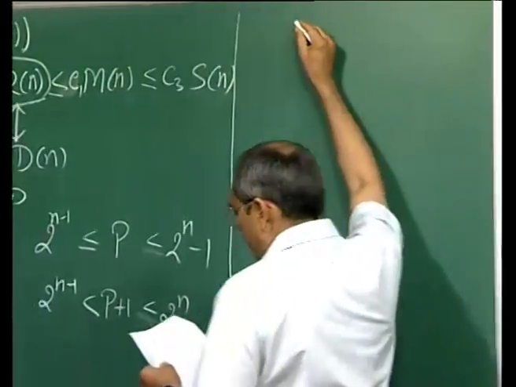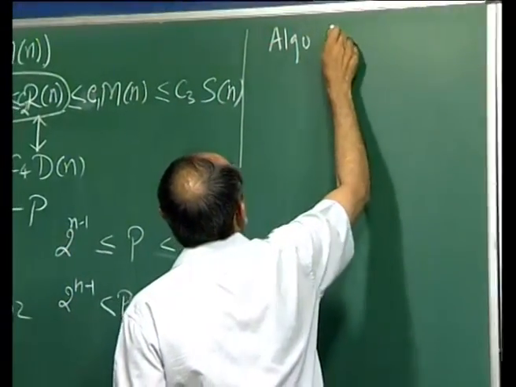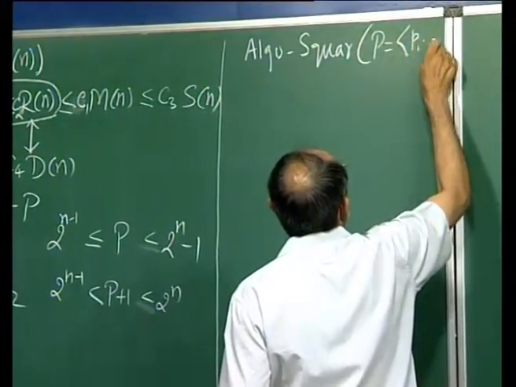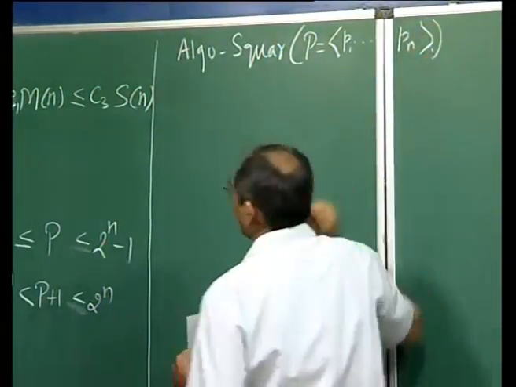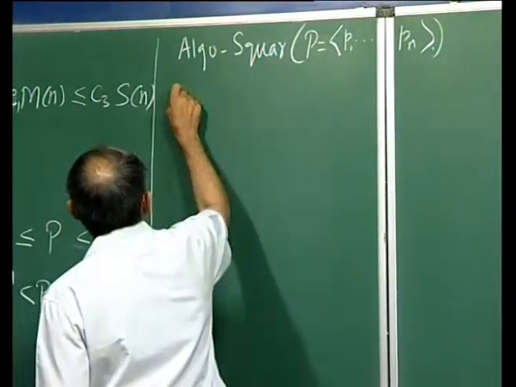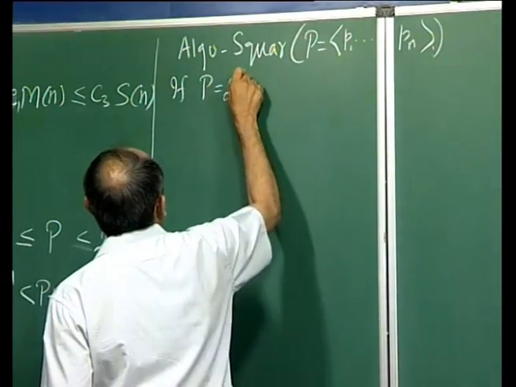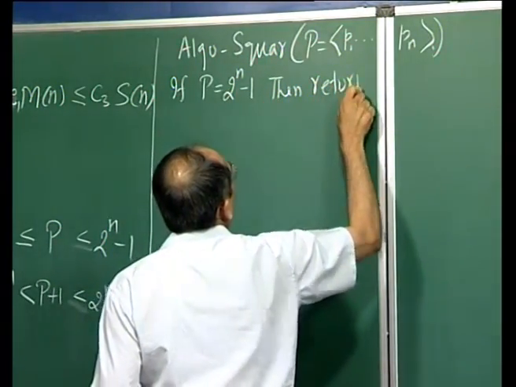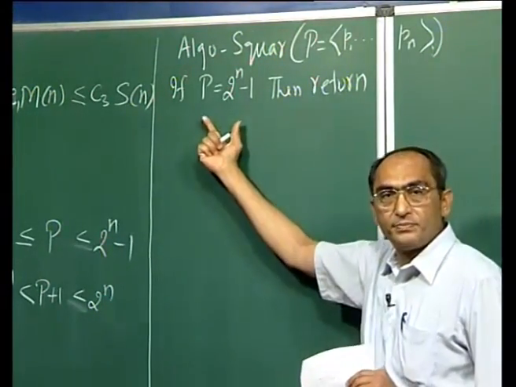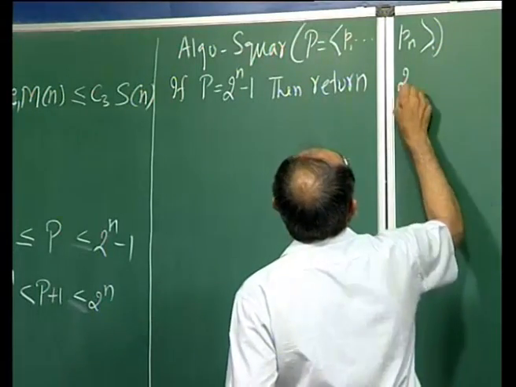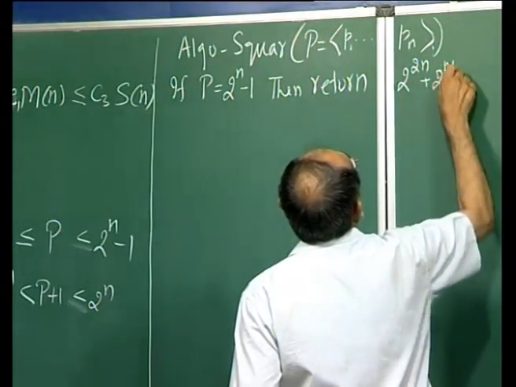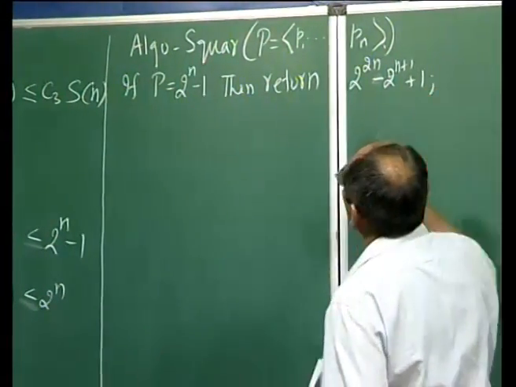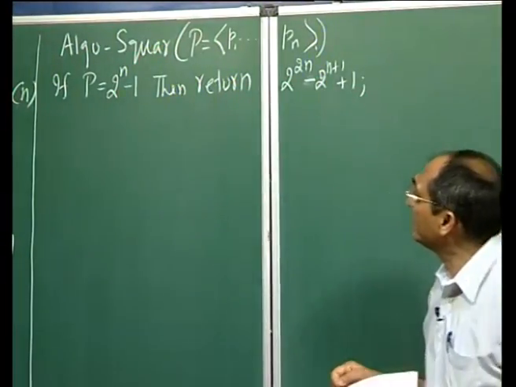So, our algorithm, square, takes p to be an n-bit number p1 through pn as input, and if p is equal to 2 power n minus 1, then return; we know directly the square of this number, which does not require much effort. We will return 2 power 2n minus 2 power n plus 1 plus 1. Oh, sorry, minus this plus 1. So, this one case we have separately handled. Else,